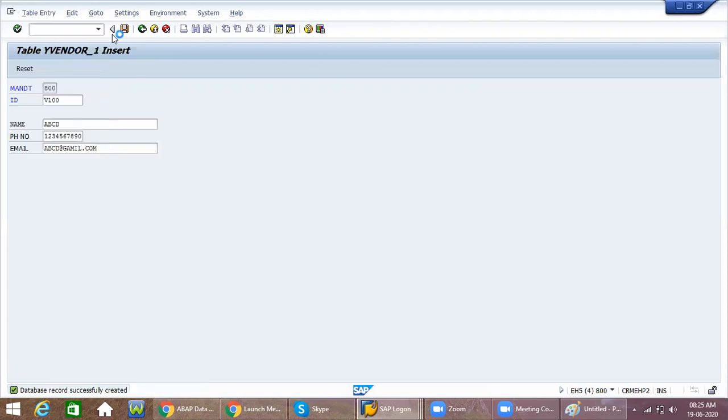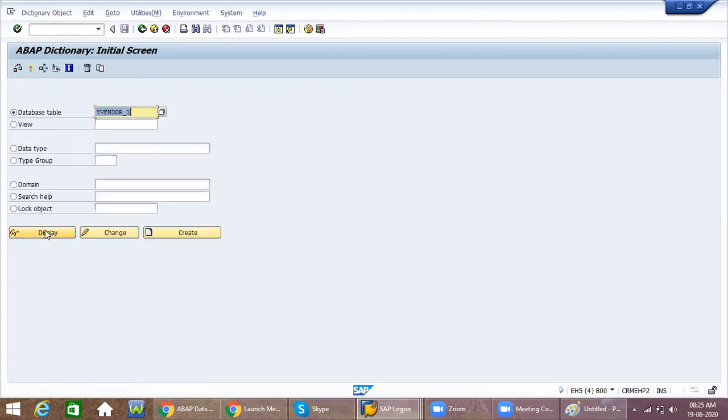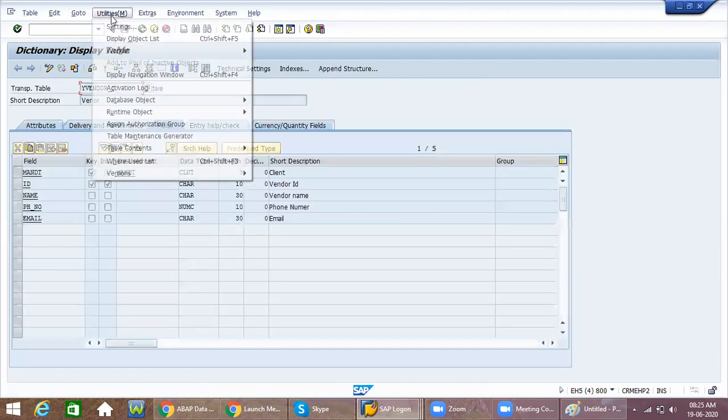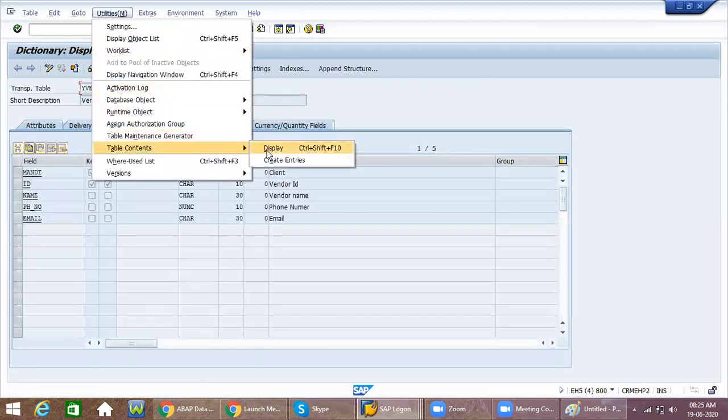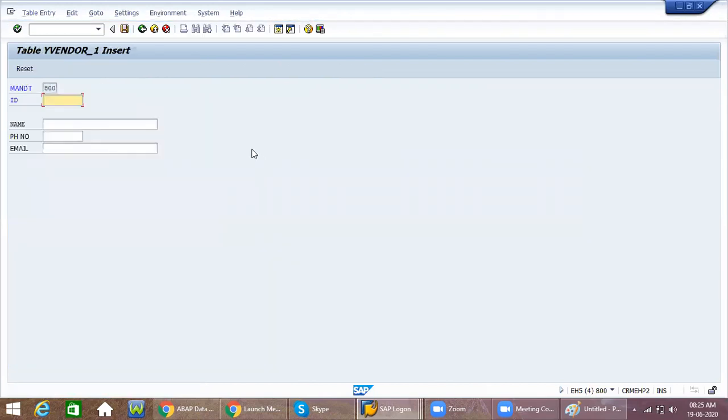Again go back to SE11, same table, display. Again go to Entries, Contents, Create Entry. This was 100, now I am creating 101. The name is PQRS, the phone number is 987654321, and the email ID is pqrs@gmail.com.